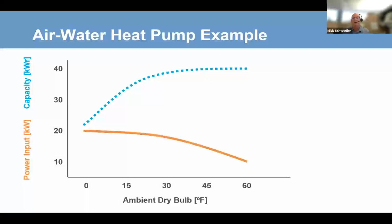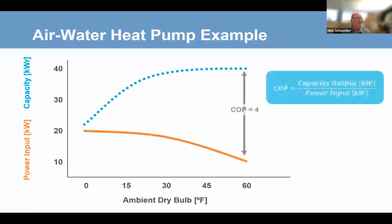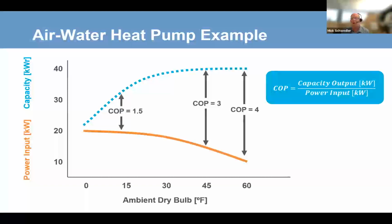At that same time, the power required to produce that capacity at that specific temperature doubles. So when we think of things in terms of efficiency from a heating standpoint, we're going to look at coefficient of performance. That is the useful work out, our heating, divided by the power put in, in the same units. So at 60 degrees, the COP is about 4. But as the temperature goes down, the capacity is going down, the power goes up, and we see that at 45 degrees, we're at a COP of about 3. Once we get to about 15 degrees, the COP is 1.5. And when we get down to 0 degrees, our COP is going to be about 1, which is the same